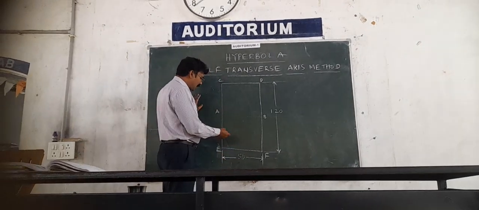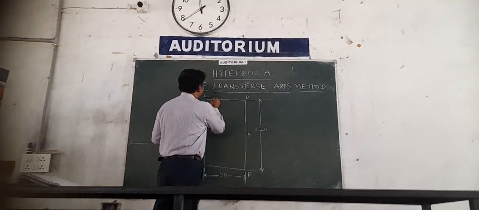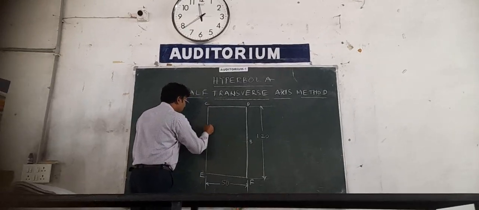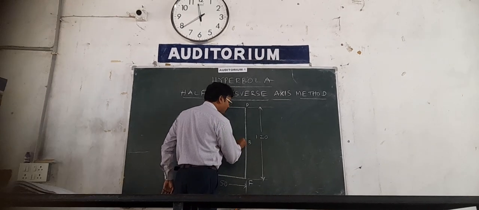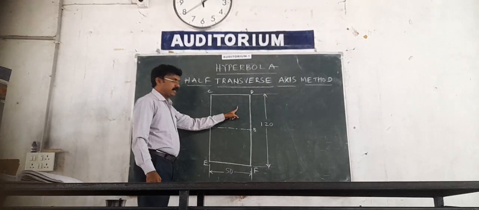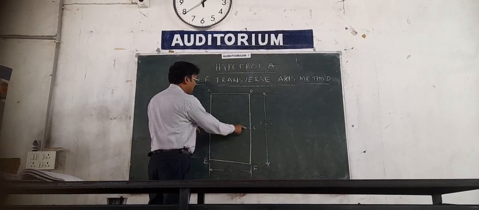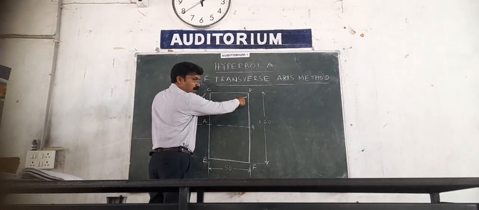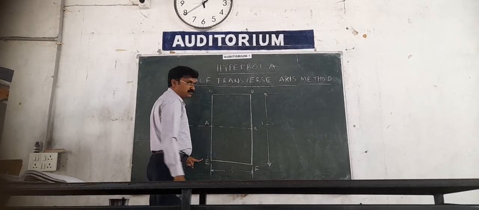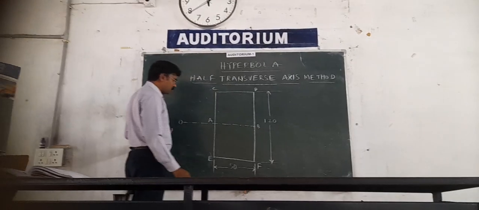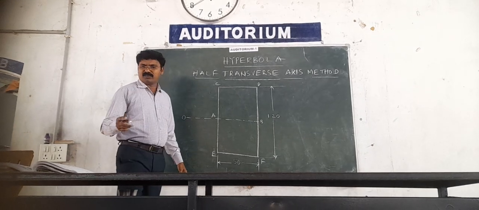So draw the rectangle with the given double ordinate. Draw the axis line, and name this rectangle: AB is the axis line, and CD top corner, bottom EF, as you wish. Name all four corners and locate the other value that was given.